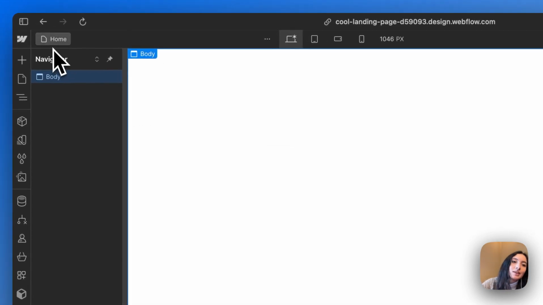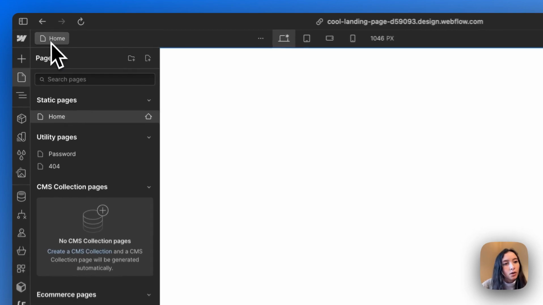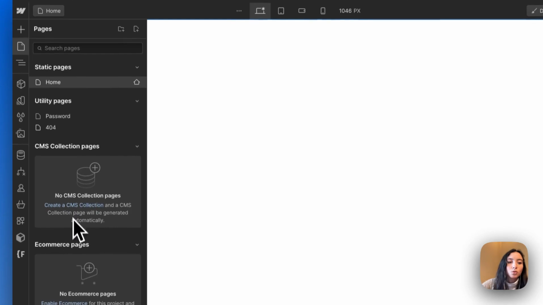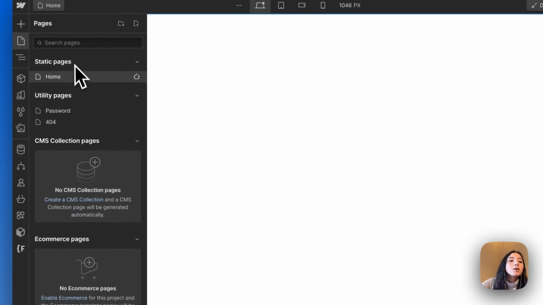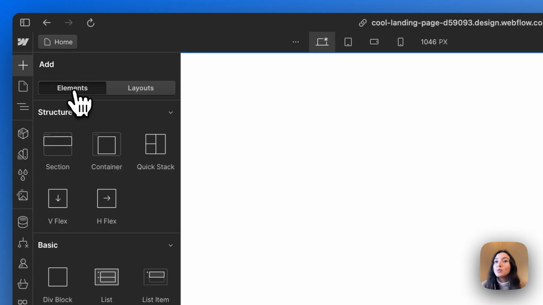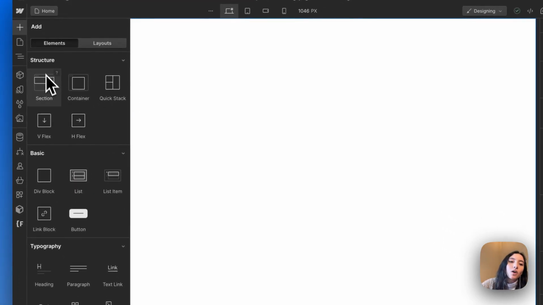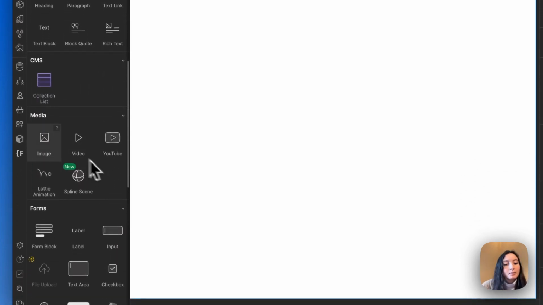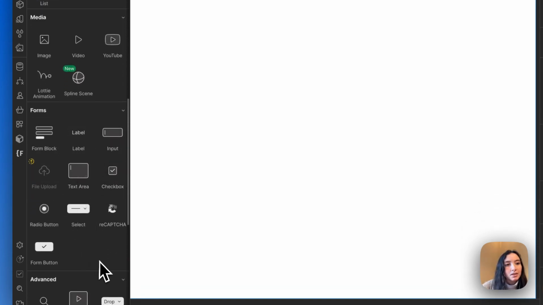Going over to the left, if we click on home, it'll open up our pages. So this is where we'll have all the different pages for our projects. Our static pages are up here, and if we add any CMS collections, those will show up here within templates as well. We did skip over this little plus one, and this is our add new elements panel. So this is where we can see all the different drag and drop sections we can add into Webflow. So sections, containers, div blocks, buttons, type, CMS, media, and all of the different form elements in here as